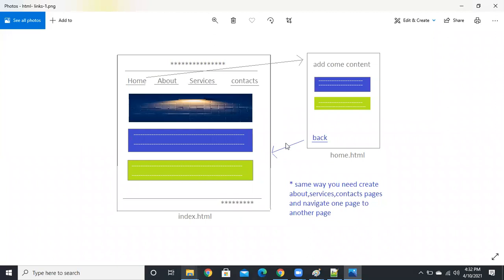Next create one more file. We need to create 5 files, guys. One is the index file, and you have home.html, about.html, service.html, and so on. You need to create 5 files and navigate from one page to another. That's it. The home.html can contain your own content, any content. This is the first assignment.